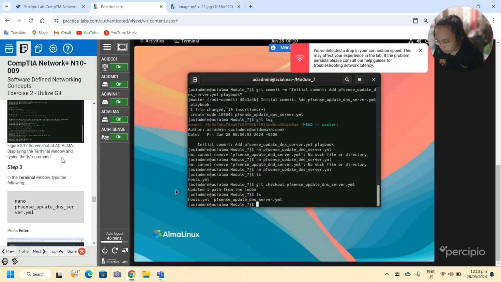So in the terminal window, type the following. Nano pfSense update dns server.yml.